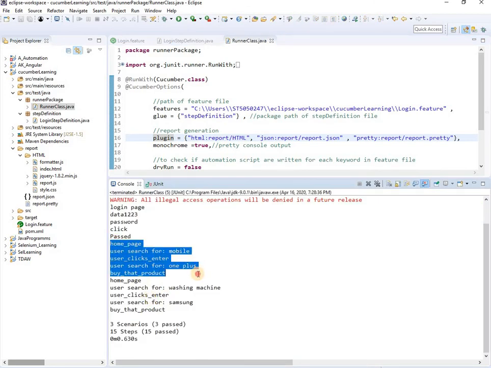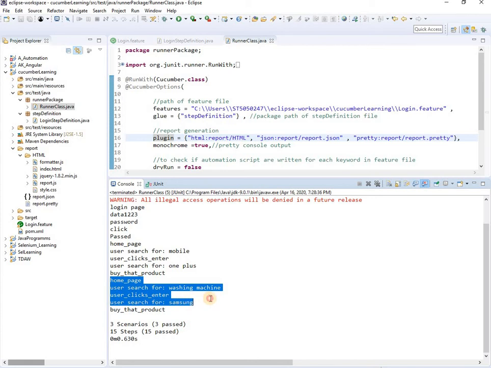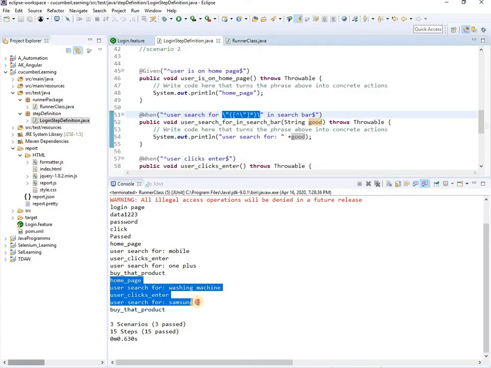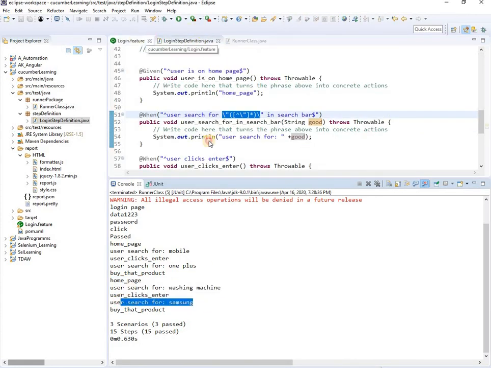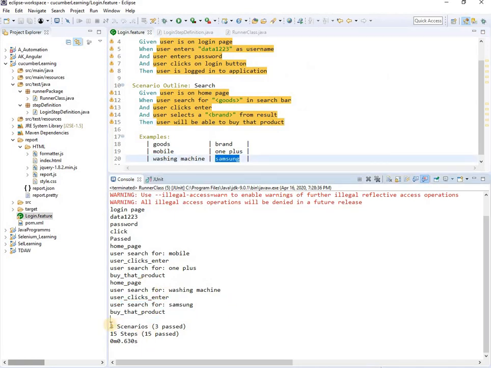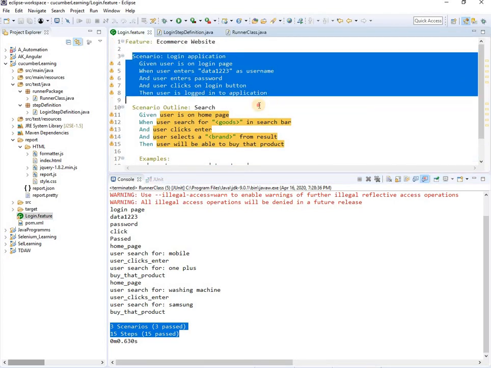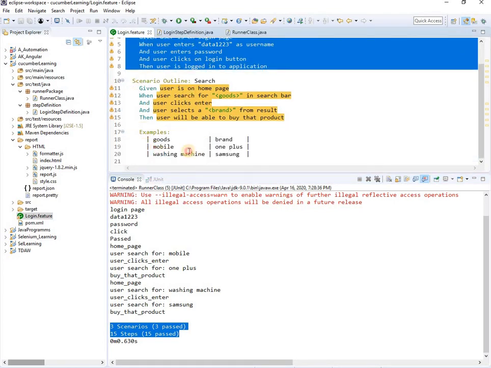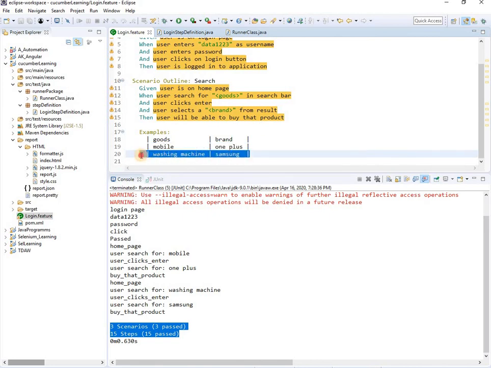Homepage, mobile, OnePlus, buy that product. Homepage, washing machine, Samsung. So it is taking two sets of data, right? Washing machine and Samsung. And I can see three scenarios are run and three are passed. Why? Because one scenario is this scenario, second scenario is this scenario, and third scenario is this scenario.